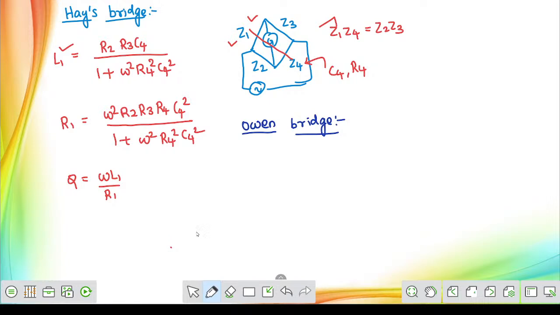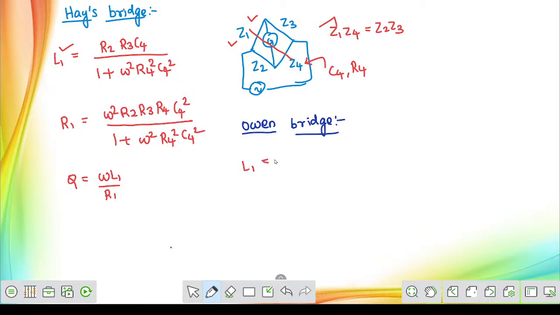We are focusing only on the measurement of inductance. Along with that, we are also measuring the unknown resistance offered by the same coil and the quality factor. But our attention is only on the measurement of inductance. Owen's bridge formula, once again,